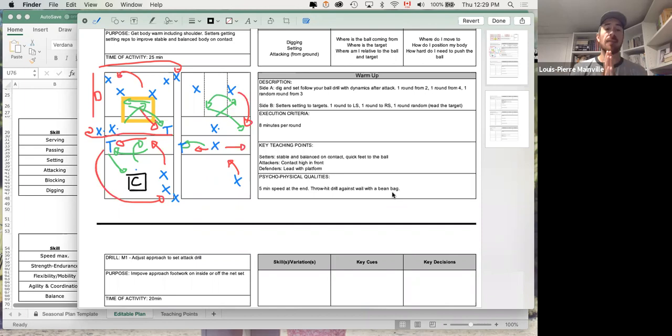Now, if you do have a big curtain in your gym, you can do this with a tennis ball and a volleyball. But for the sake of planning here and assuming that you just have walls in your gym, you could do this with a bean bag. So you just have to find yourself a little bean bag. And then essentially athletes are facing the wall, and by then their shoulder is warm,